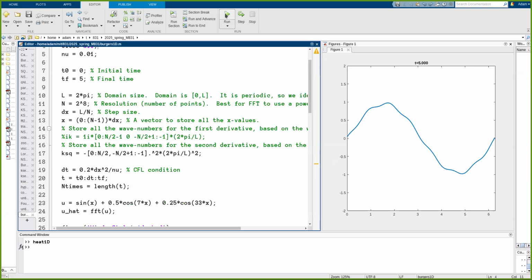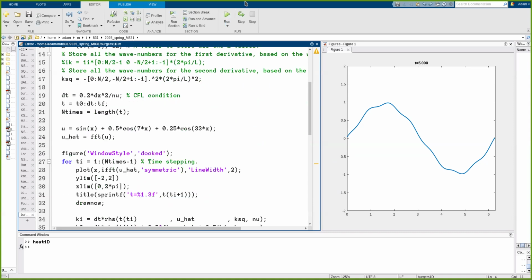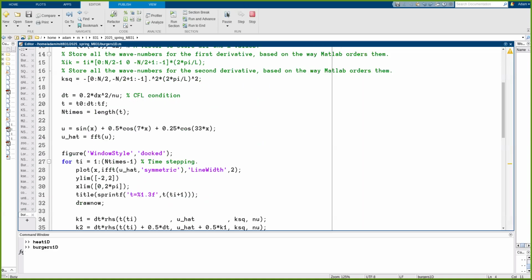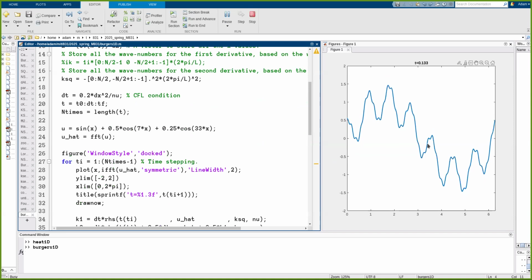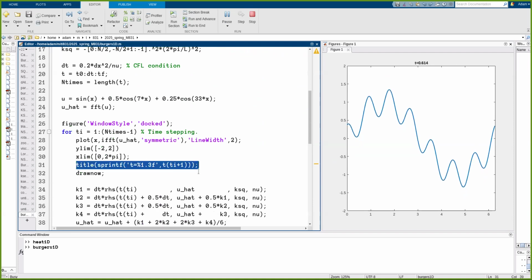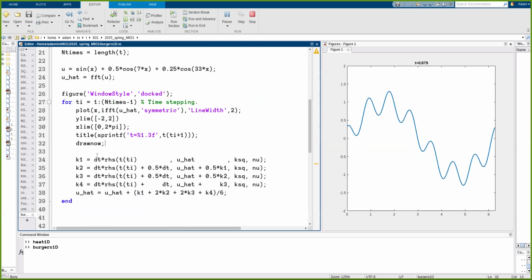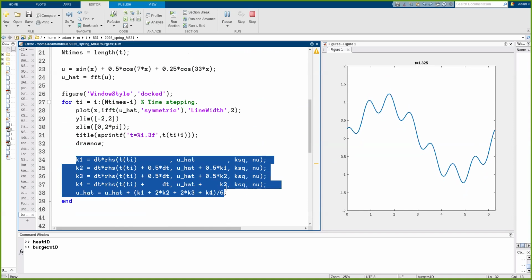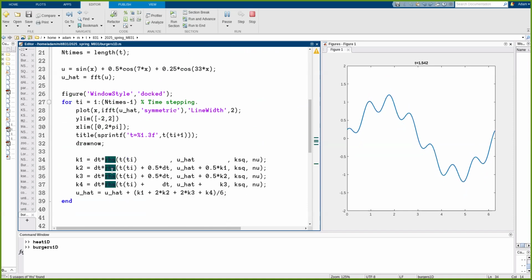Okay, so for our heat equation, if we recall, this looks something like this. If I run it, we just get a nice heat equation here. Notice everything just sort of melts down and fades away. I put a little timer up here with this title button. And we're just seeing the heat equation get solved with a standard Runge-Kutta solver, which calls this right-hand side